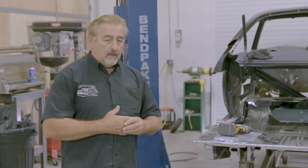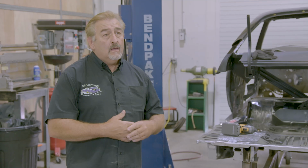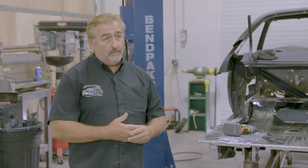The car had got packed full of a lot of plastic filler and appeared a lot better than it really was. If you look at it, by the time we're done, we're replacing almost every piece of sheet metal on the back half of the car, front rails and front inner fenders. So thank God, again, we got Auto Metal Direct to be able to pick up the phone and call and order this stuff,